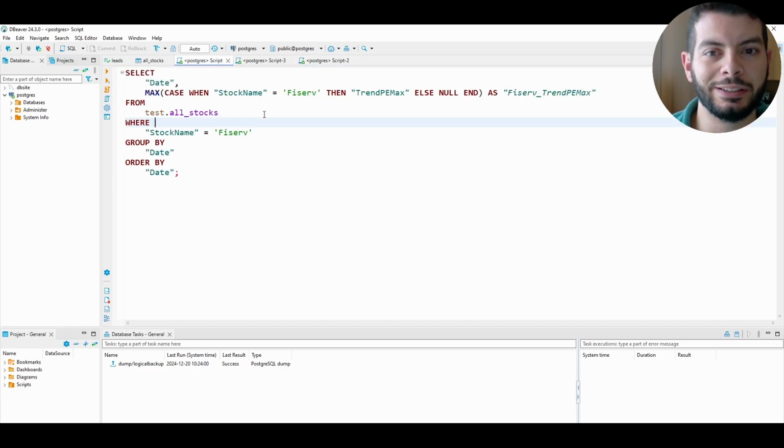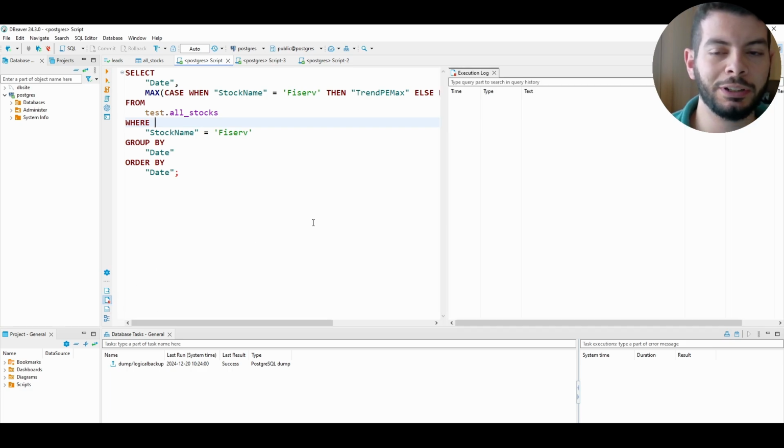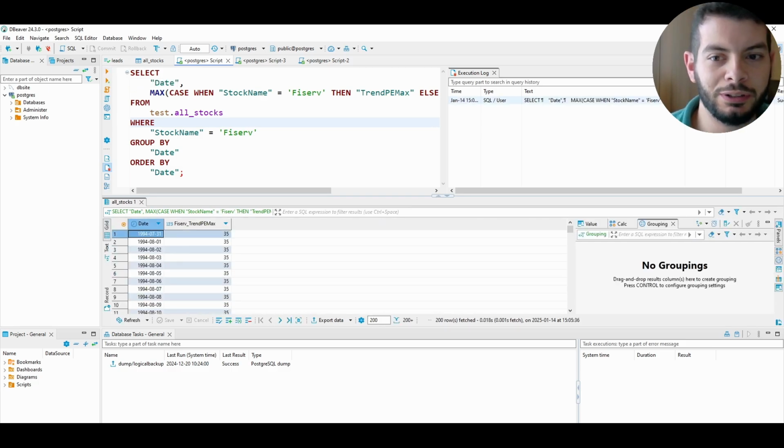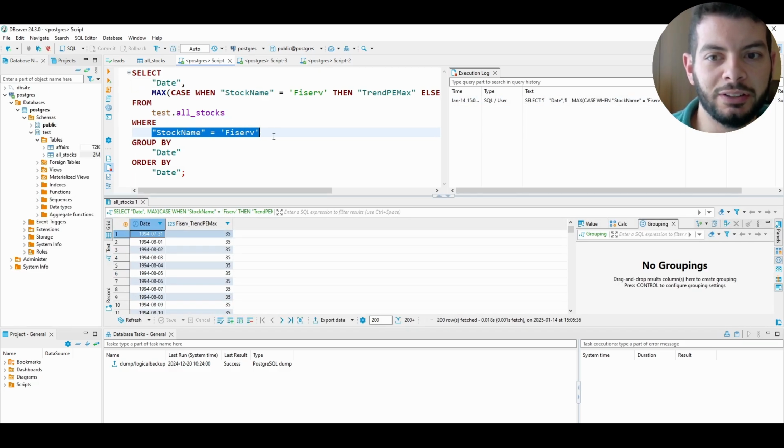With this script I pasted, if we go to Show Execution Log, we see the speed of interrogating data with a proper database solution instead of Excel. After we click Execute Query or Control Enter, you see that we filtered our table for this stock name in a fraction of a second. I challenge you to do that on Google Spreadsheet or Excel.